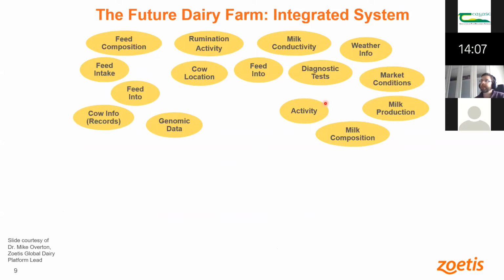And I've also borrowed this slide from Dr. Mike Overton, my colleague in Zoetis, but I really like the way that this shows the integration of different data sources to help drive decision making on farms. So you've got some sensor data here. For example, cow location, rumination, milk conductivity, activity might all come from a sensor, but not all of this data comes from sensors. So genomic data, cow information, health events, weather information,